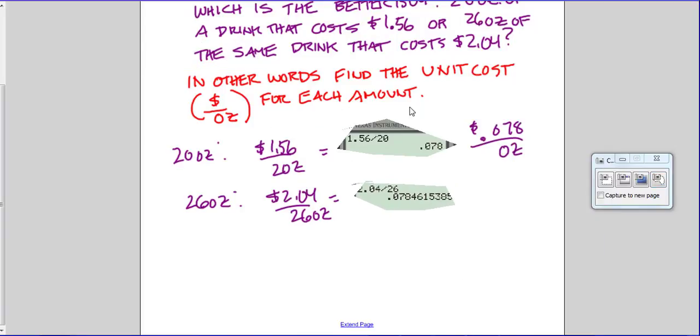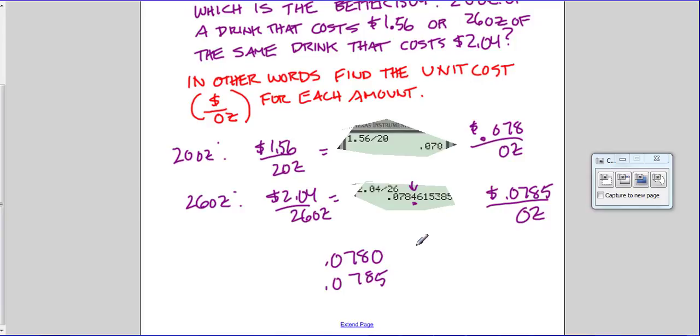okay. Now I'm going to carry this out a little bit. That's 0.078. I just need to go one more place. That's a 4 there, but that's a 6 behind it. So if I round that 4, since that's a 6 behind it, becomes a 5. So this is $0.0785 per ounce. And then if you want to compare the two numbers, what I can do here is add a 0, and since 0.0780 is less than 0.0785, we know